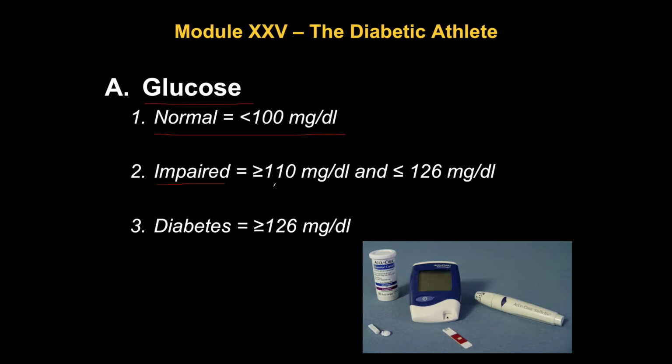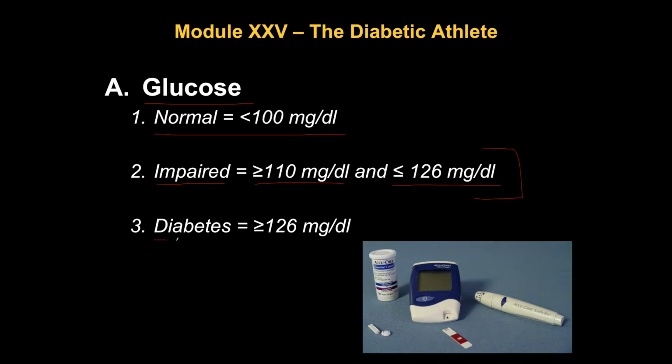Impaired fasting glucose is considered greater than or equal to 110 milligrams per deciliter and less than 126 milligrams per deciliter. However, you should be aware that there is tremendous debate in the diabetic world as to whether this should even be a category, and even within that, a lot of folks will debate what is considered impaired glucose. So this is just typical of what you may see out there, but there are variations on this, and people will have varying opinions on what the range should be if impaired glucose should even be a category.